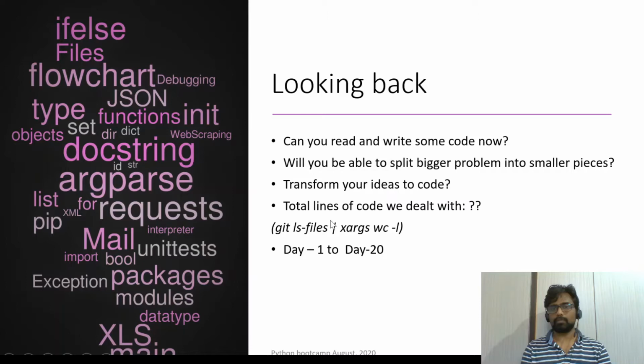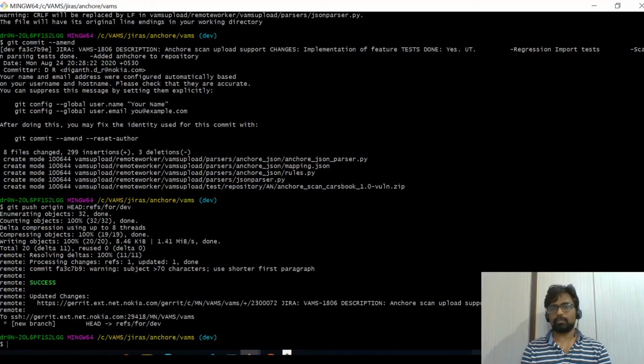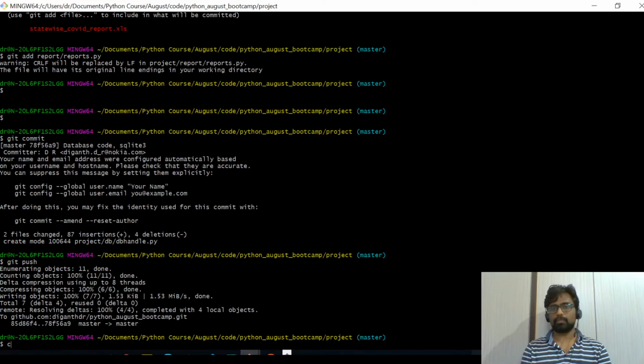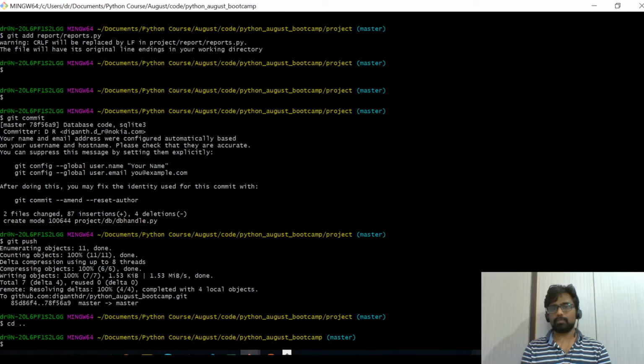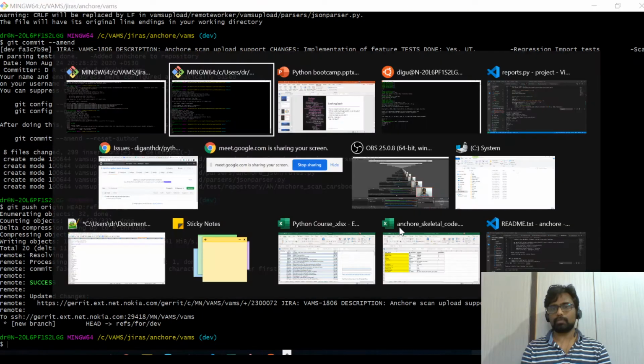We have written more than 800 lines of code so far, from day 1 to day 20. You can do something like this to find out the number of lines of code. This is the command on Linux.